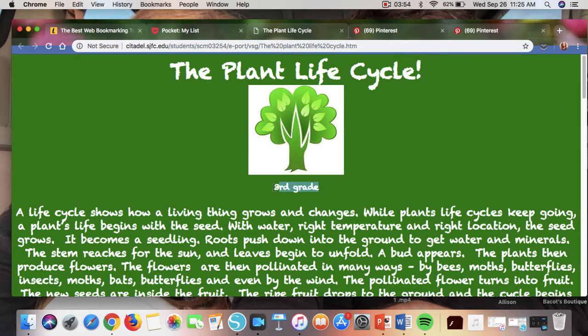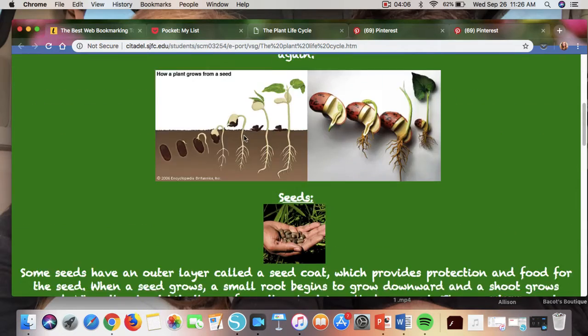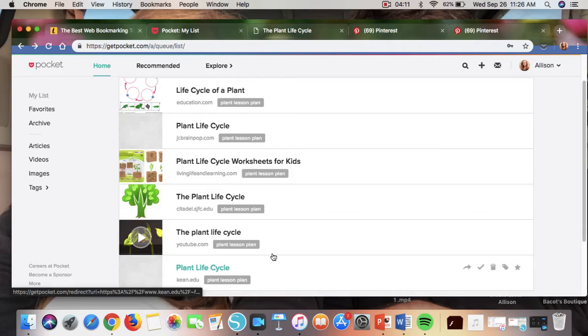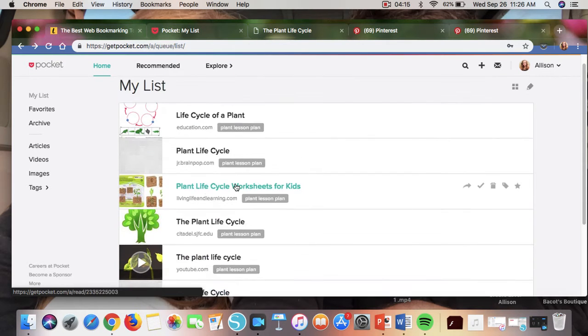It is exactly for 3rd grade, which is what I wanted to use anyways. But I really liked the pictures, and that's the reason I saved this. So, excuse me, and this one did open in a new tab because it is a whole website, and the whole website is what it needs to pull up for that specific resource. So as you can see, I have quite a few in here, but I'm going to show you how to